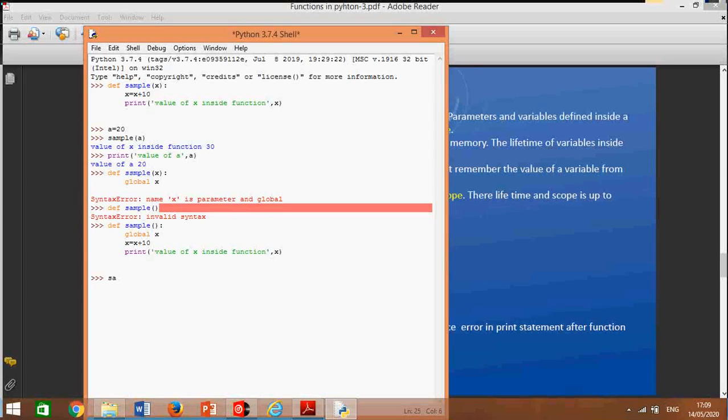Let us define this variable, x equal to 20, taking the same global value x equal to 20.